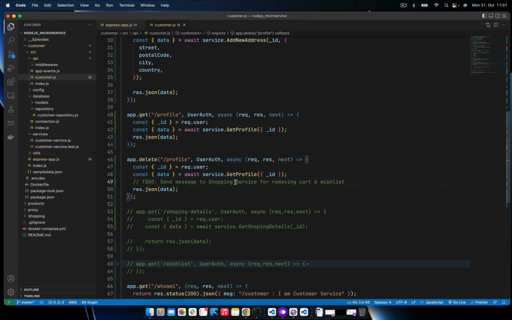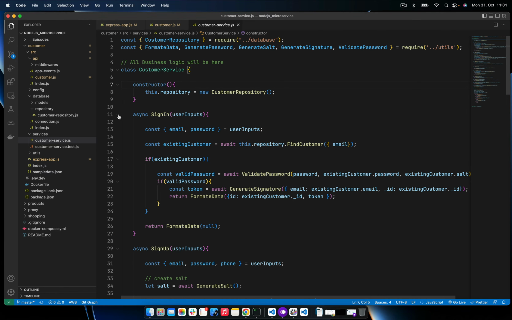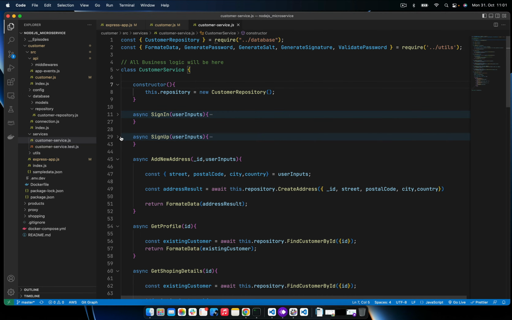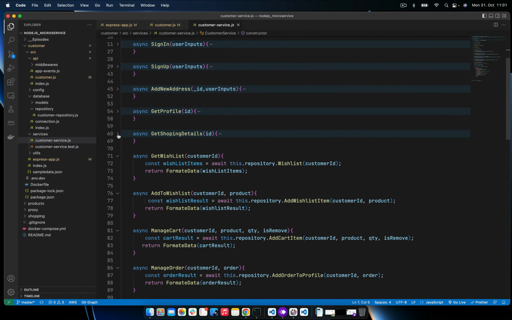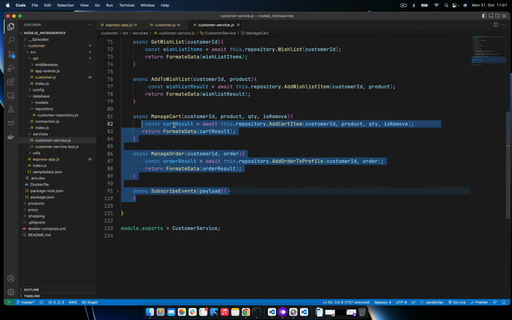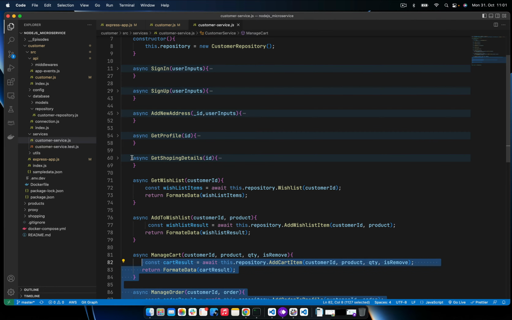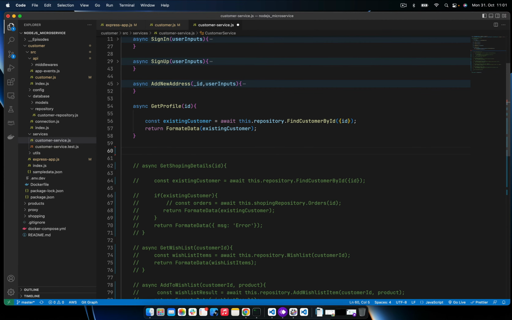This is deleting the profile, but certainly this function is not going to delete our profile. So let's add a function here in the service, which is called delete profile, right? So let's go to the service here in the customer service. Sign in is required, sign up is required, add new address is also required, get profile also required. Yes, get shopping details and wishlist and manage order, the rest of all these functions are not necessary here. Okay, cool. From here, we are just going to comment it out, and we are going to add one more function. This is called